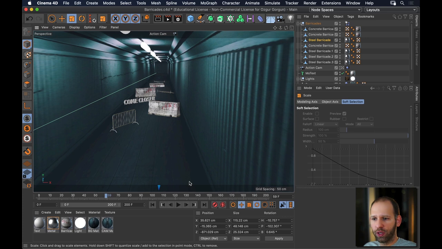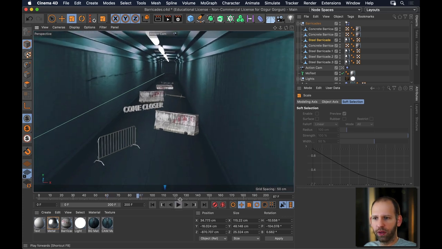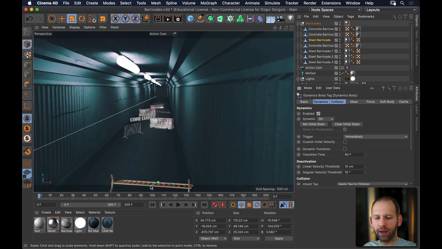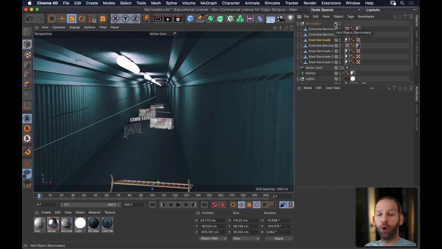So what I can do is to let this play for a couple of frames, and then go to the barricades tag, and then come down to where it says set initial state. So when I do this, then I rewind, the barricades will already be on the floor, which is great. I can now actually go and kill this tag. If I select the tag and then delete it, the objects will actually remain on the floor like they have been knocked over already. So if I go back and play,